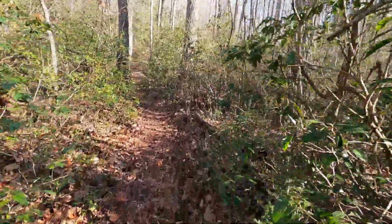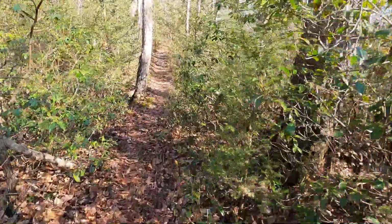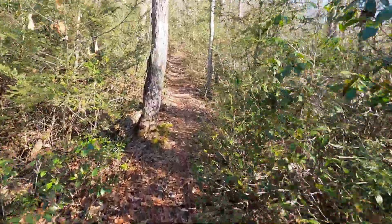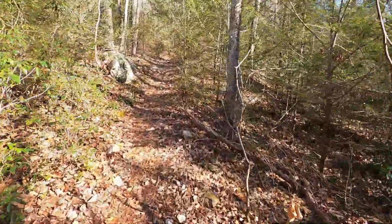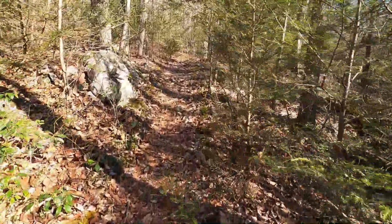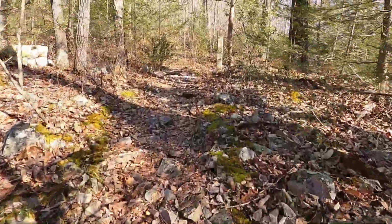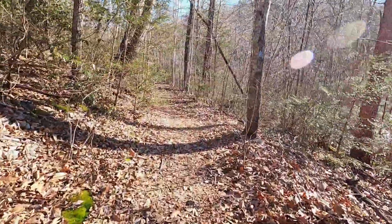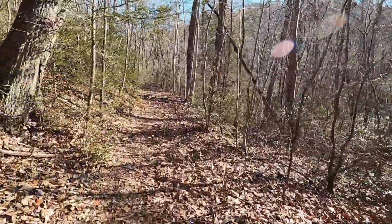Finally went across the log. And once I was across the log, I had to make my way back upriver to this trail, and it was very thick rhododendrons. I don't know if you've ever hiked through rhododendrons, but it is not an easy task at all. After you cross the river,